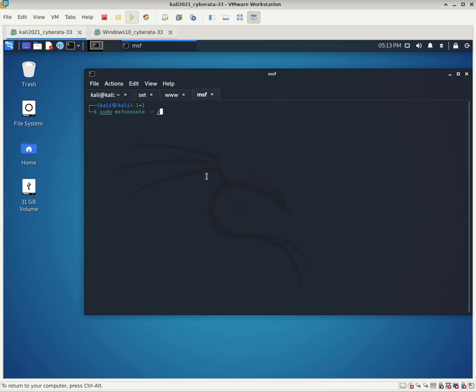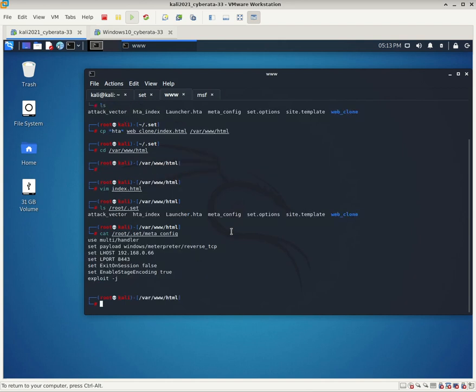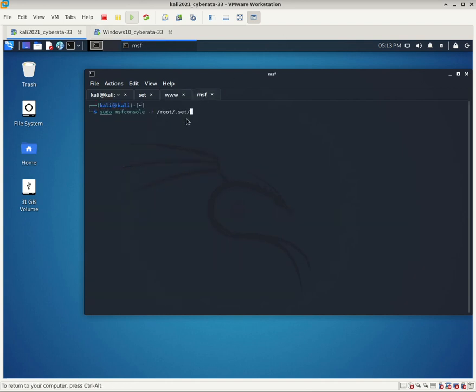Okay, and we will read the set, the root dot set, the meta config. Yeah, there are the MSF